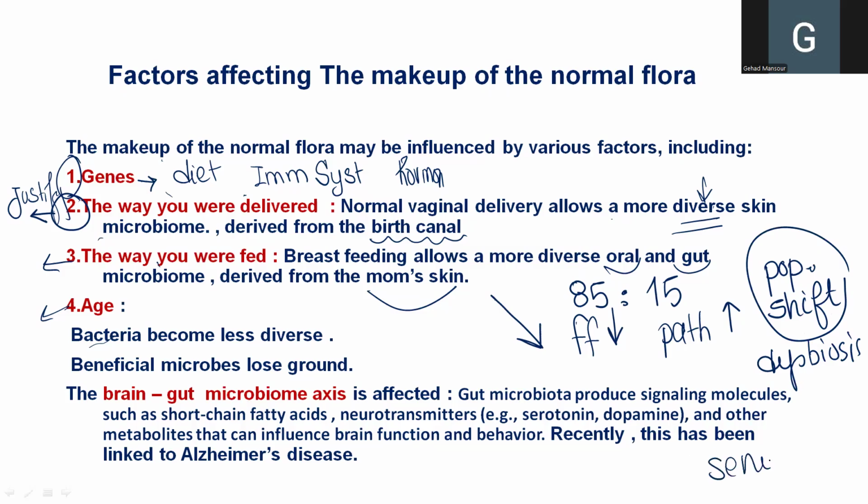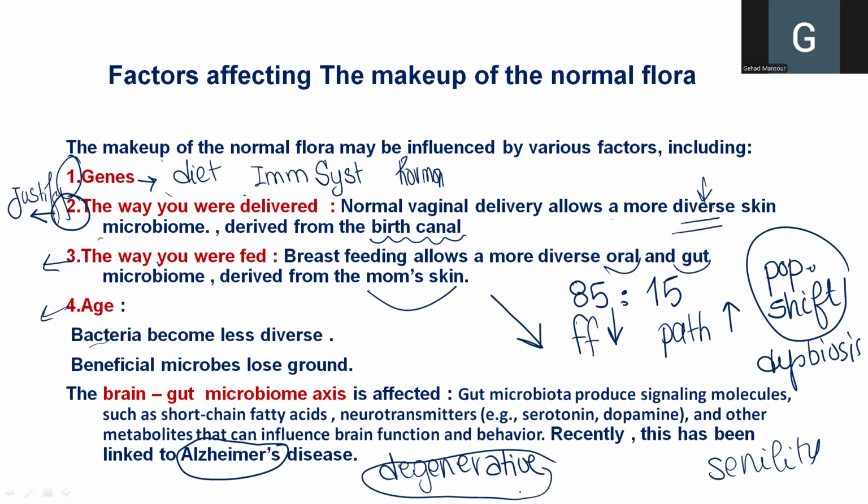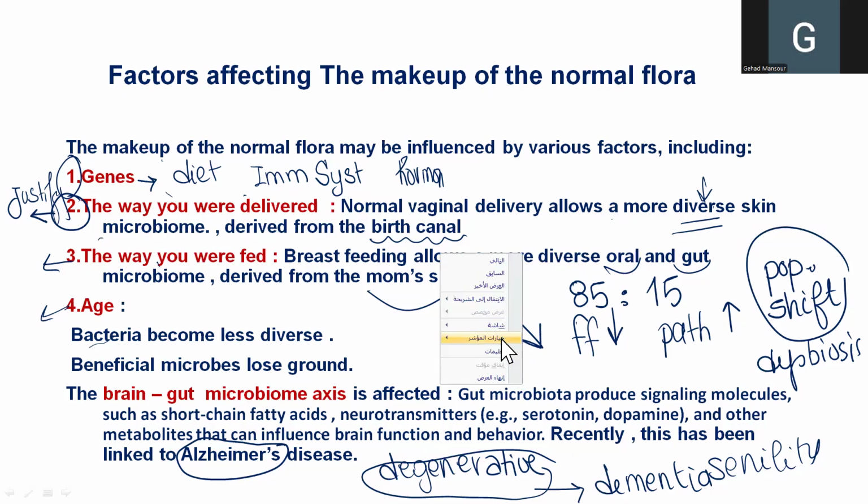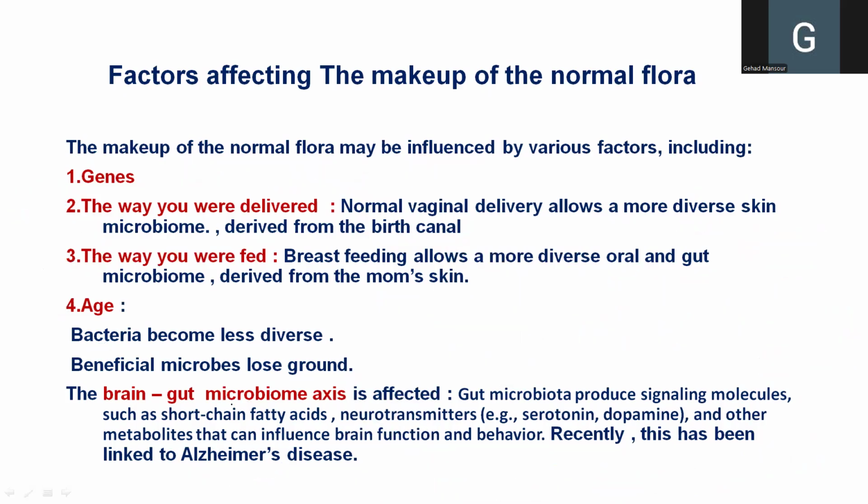How is this reflected on old people or during senility? Senility means old age. This is reflected as some degenerative diseases of the brain, like Alzheimer's disease. Degeneration means decline in function. So when I say that Alzheimer's is a degenerative disease, this is because in Alzheimer's disease, there is a progressive decline in the nerve function until we reach dementia. Why does this occur? Because normally, before reaching old age, we have a very protective pathway, which is the brain